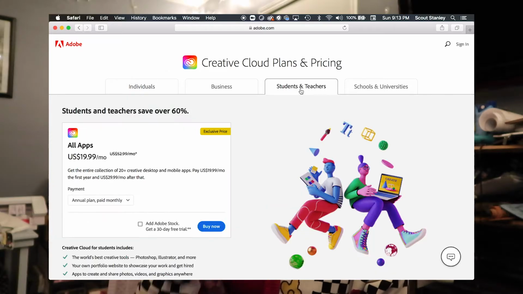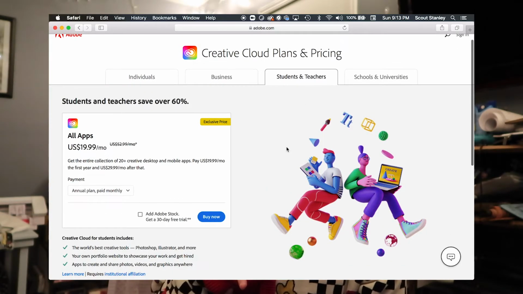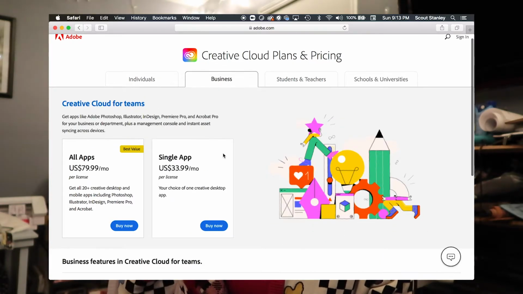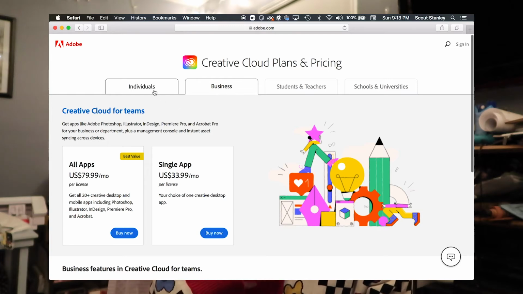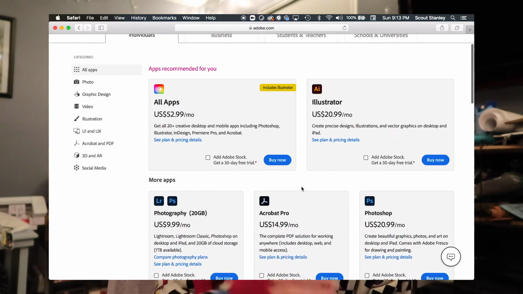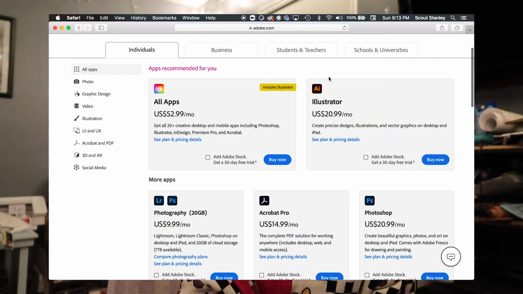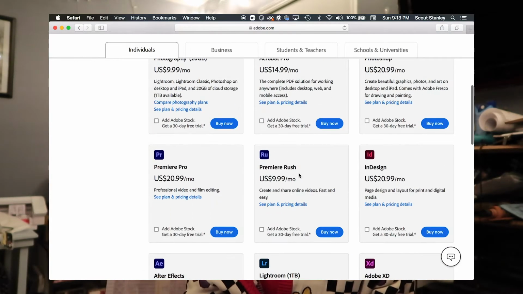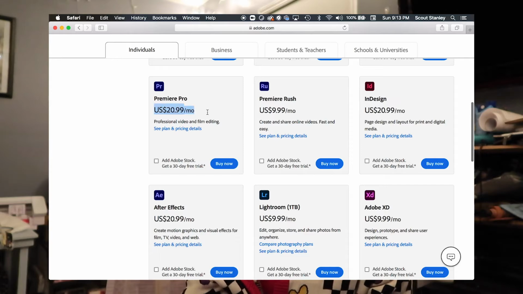When you have the student account, the first year is $19.99, and then every year after that is $29.99. So that is what I'm currently using. They also have regular subscriptions if you're not a student. They have business subscriptions. They have just the individual application subscriptions if you just want to subscribe to Premiere Pro